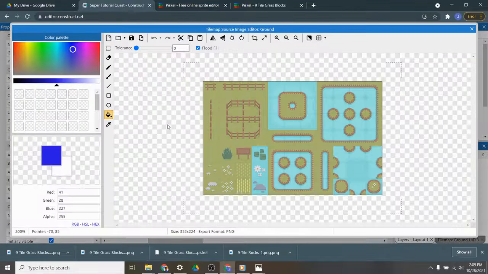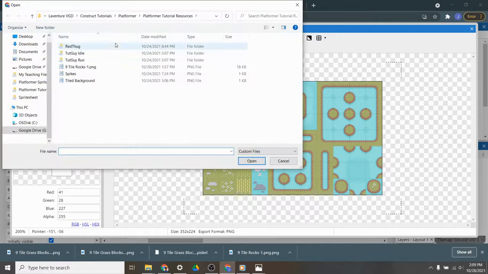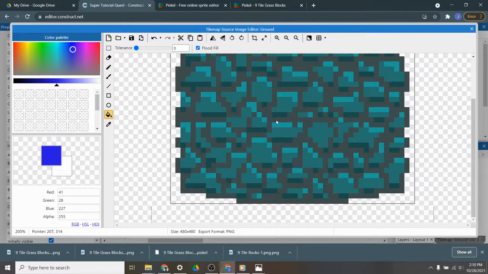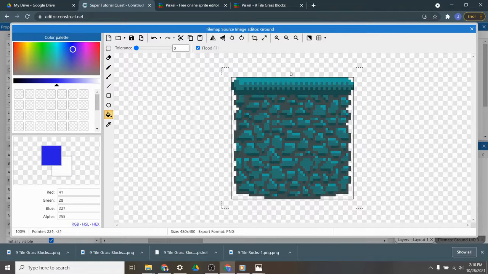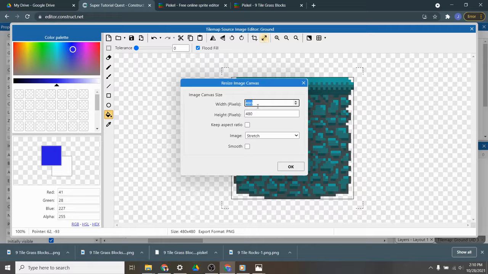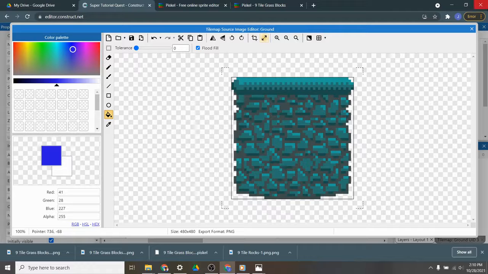I'm going to click on here just to say that this is where it is, and once I do that, I get this default tile map. I don't want it like this, so I'm going to upload my art right here, and I've got my 9-tile rocks. Now this is not the 9-tile grass that I made in the last video. This is one that I've actually spent a little bit more time on, but there's my artwork right there. Now we're going to do a little bit of work with resizing, so I'm just going to click on this resize, and I see that right now it's 480 by 480. So I'm just going to say OK right now,